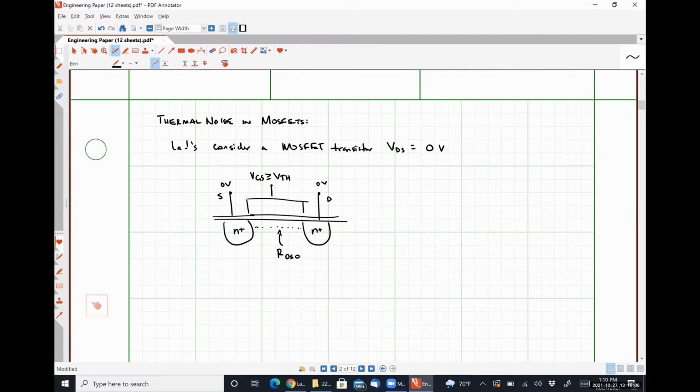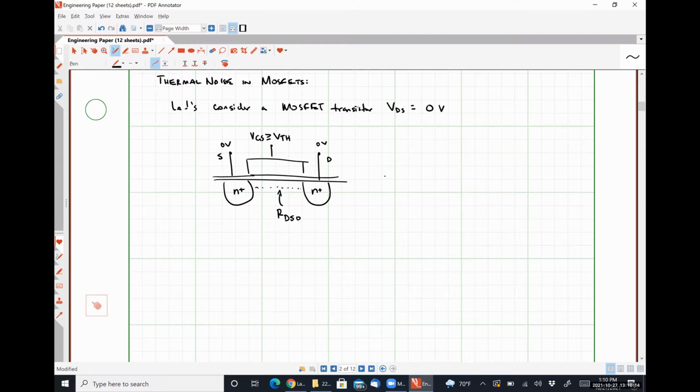Okay, so let me write this slightly better. RDS not. So in this very specific case, we can say that the noise current spectral density would be 4 kBT over RDS naught. All right. So we're treating the transistor as a simple resistor,